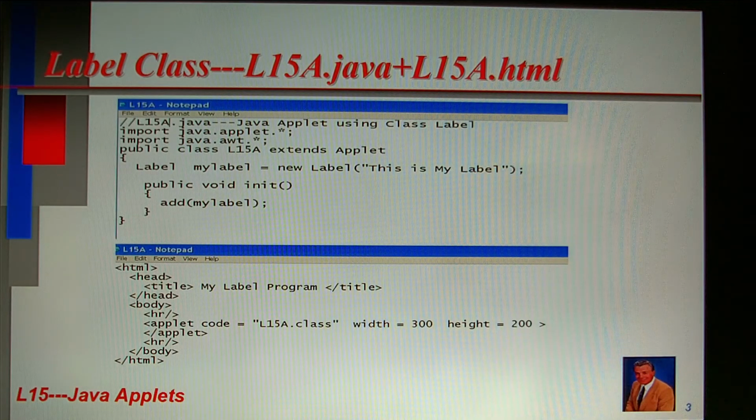The single computer program instruction within the init method definition, namely add(mylabel);